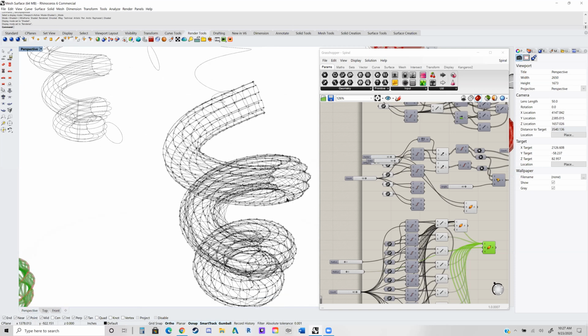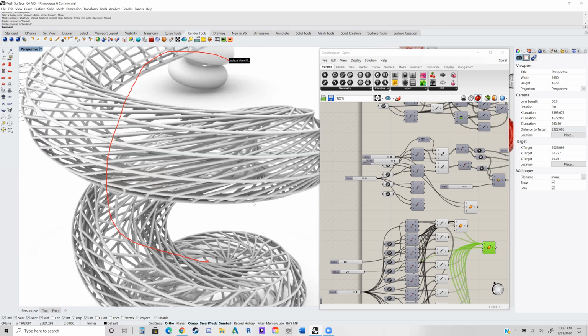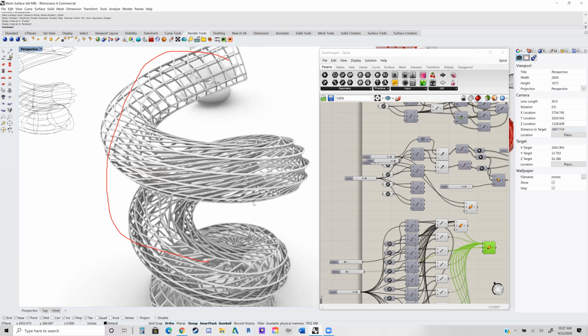Oh, it keeps moving. Oops, sorry, I'll stop moving. Let me zoom out for you. Yeah, this is good right here, or wherever it's at. Okay. All right, so